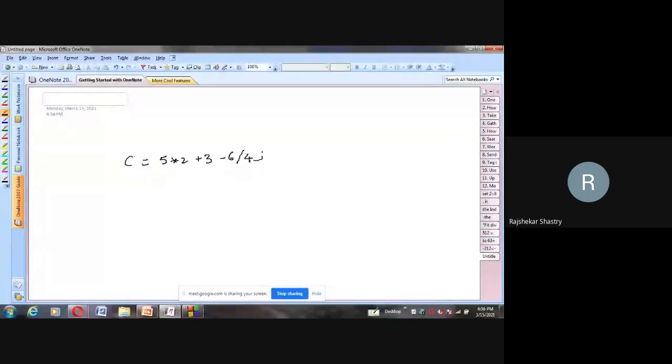Let us talk about priority first, and later we'll clear the concept called associativity. Can anybody tell me, in this expression, which particular operator is going to be executed first? Is it 2 plus 3, or 3 minus 6? Division, multiplication, 6 by 4, 5 into 2. Some people are saying 6 by 4, some are saying 5 into 2, but none of them are saying plus and minus. Very good. At least you are close.